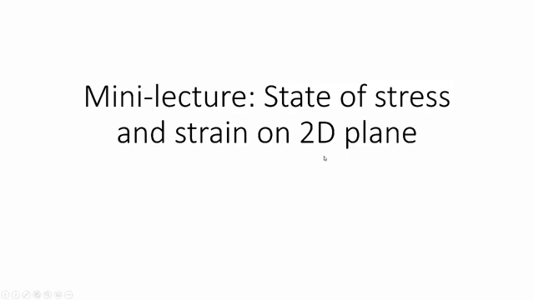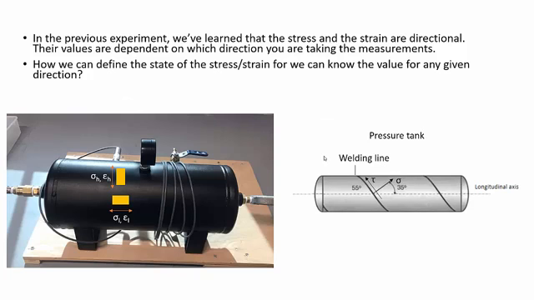In this mini lecture, I'm going to talk about state of stress and strain on a 2D plane. In the previous experiment, we have learned that the stress and the strain are directional. That means the value are dependent on which direction you are taking the measurement. The dependency of orientation or direction is problematic in practice because in most cases, we want to know which direction